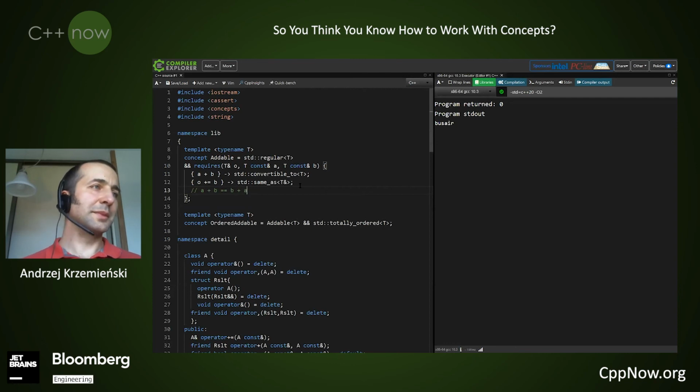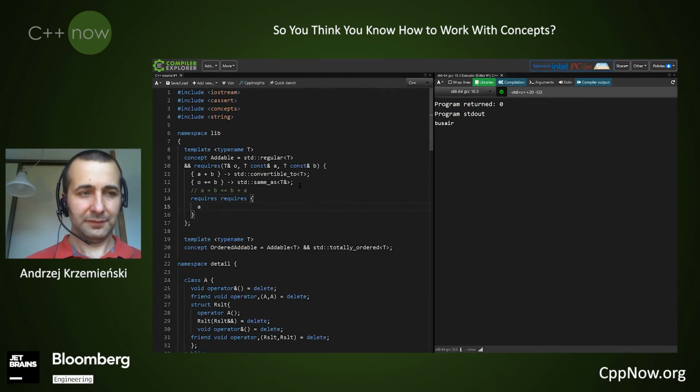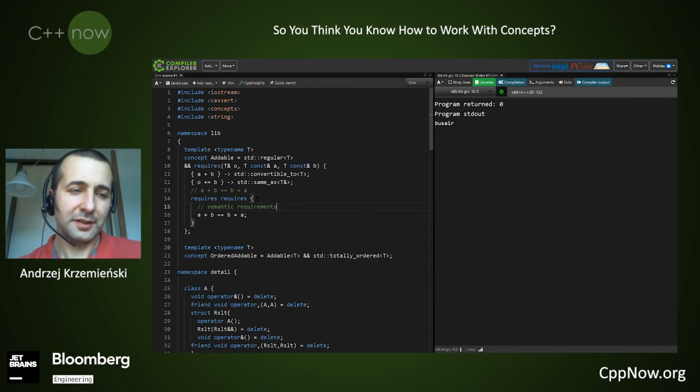Or we may try to do some tricks, like I could do this. We've seen on Tuesday in the talk by Jeff that putting requires is a code smell.